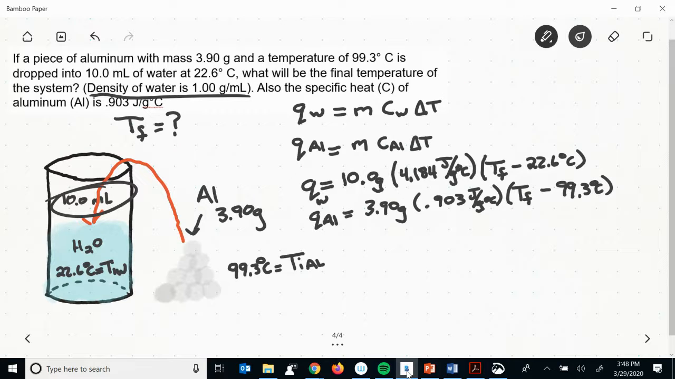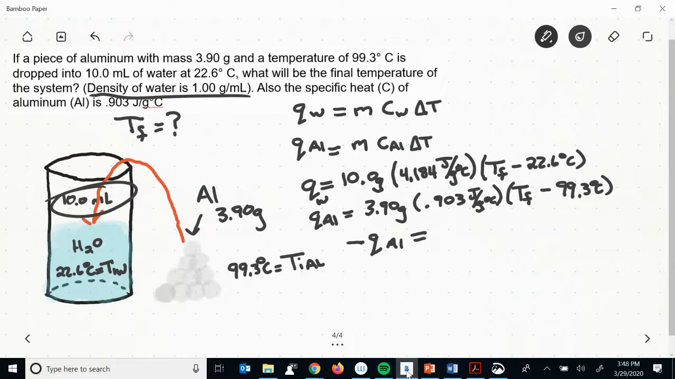Now, here's the key to getting this problem right. It's a huge conceptual piece that you have to understand. One of these things is losing heat energy. That's the aluminum as it cools down. But the other is gaining heat energy. And the assumption that we make is that all of the energy that is lost by the aluminum is going to be gained by